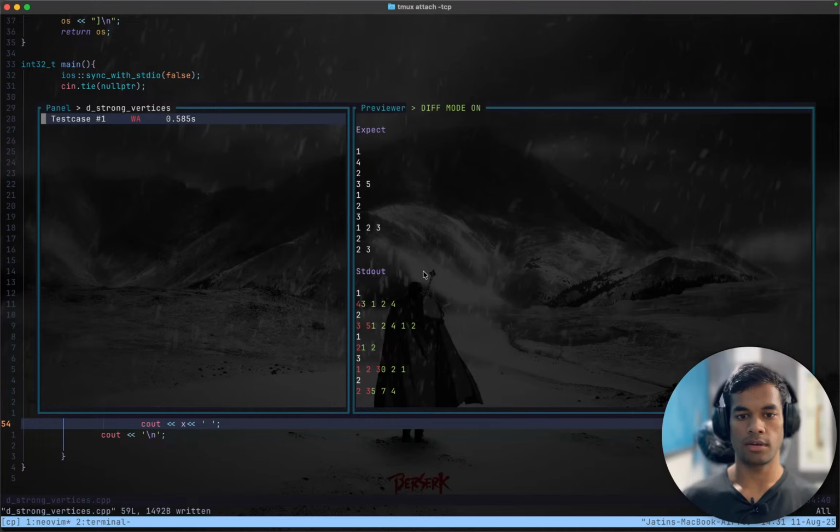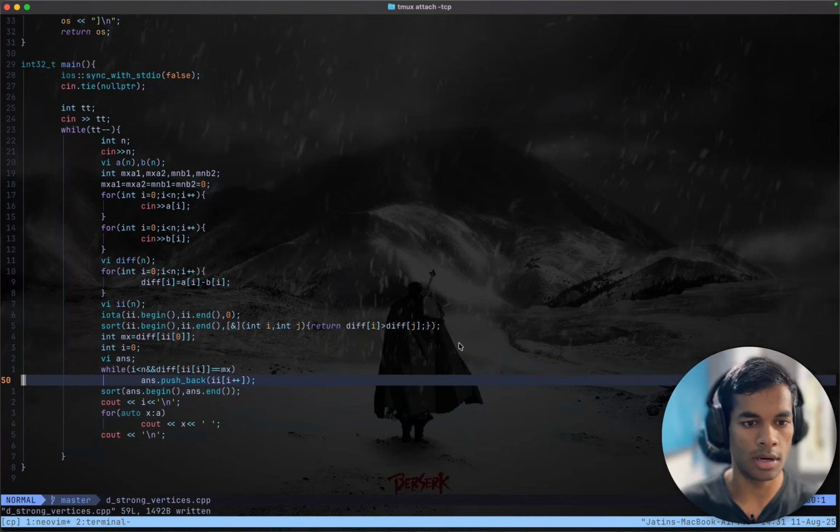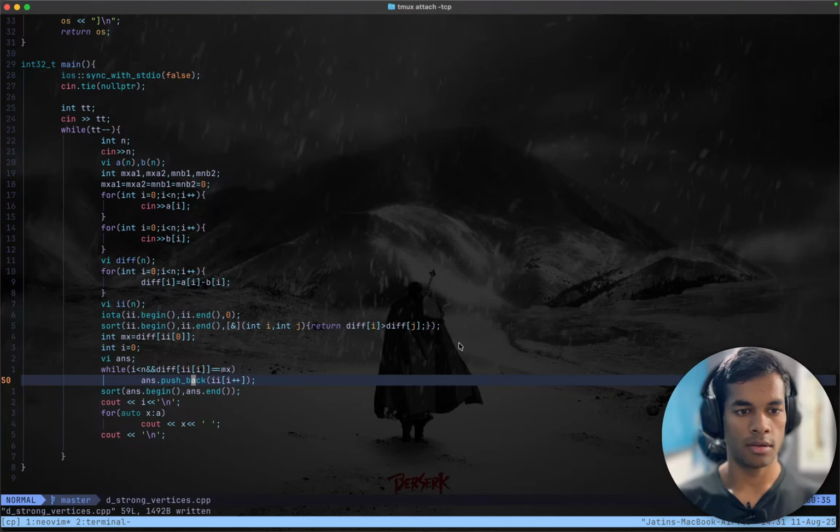I did expect wrong answer, but okay, this is correct. Am I outputting so many numbers? Shit, and why the same number multiple number of times? Answer dot push back the index. Okay,